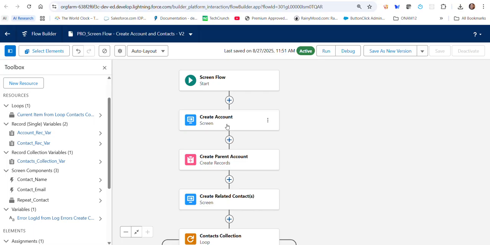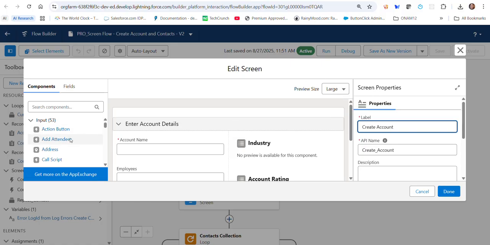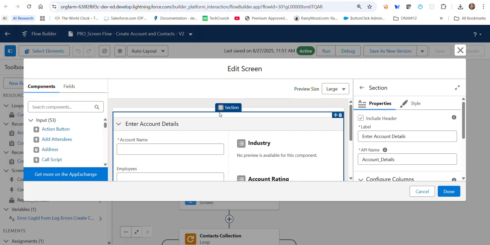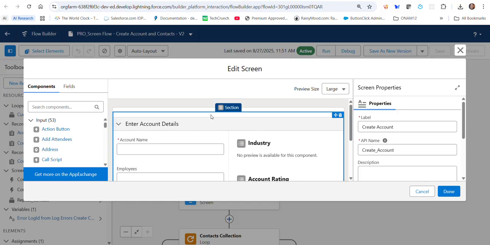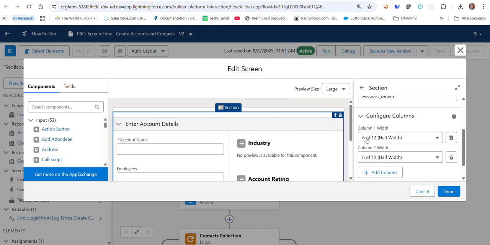So you click on the button. We wanted the screen flow to allow the user to key in the account information, account details. So that's the screen component. The screen component is placed here, and within the screen component there is a section component. The section component is divided into two sections. The total is 12, the widths are 6 and 6, so it gives you an intuitive way to place the